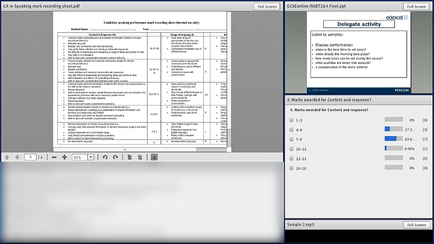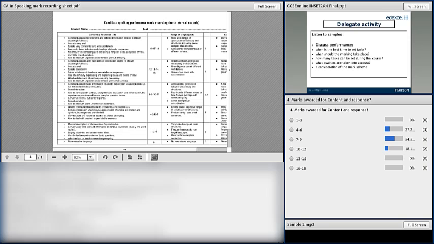The candidate was able to participate in a familiar discussion, although it was obviously to a great degree pre-rehearsed. There was some hesitation. There was possibly some ability to deal with unpredictable elements, although it was difficult to see which ones they were. However, she does communicate the relevant information that applies to this theme that they've chosen. So the examiner actually gave it an 11 for this one.